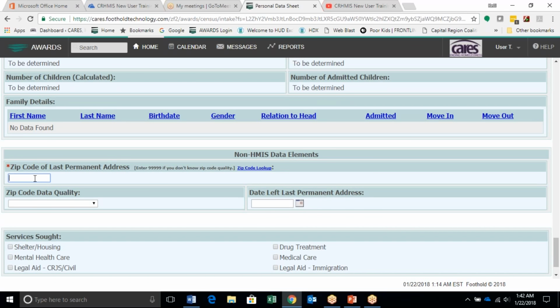The next required data element is the zip code of last permanent address. So by permanent address, we mean the last place they lived long enough to receive mail that was not incarceration. So you just need to have them think back. Where was the last place they lived that they got mail? If they can tell you it was in East Greenbush, but they don't know the zip code for East Greenbush,